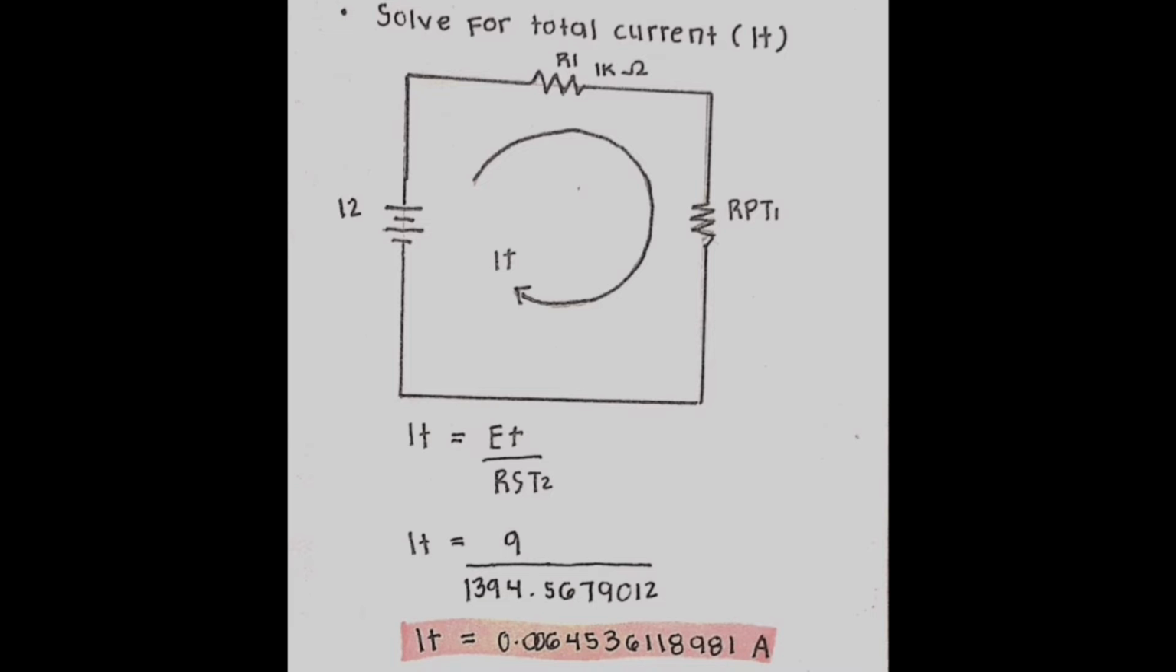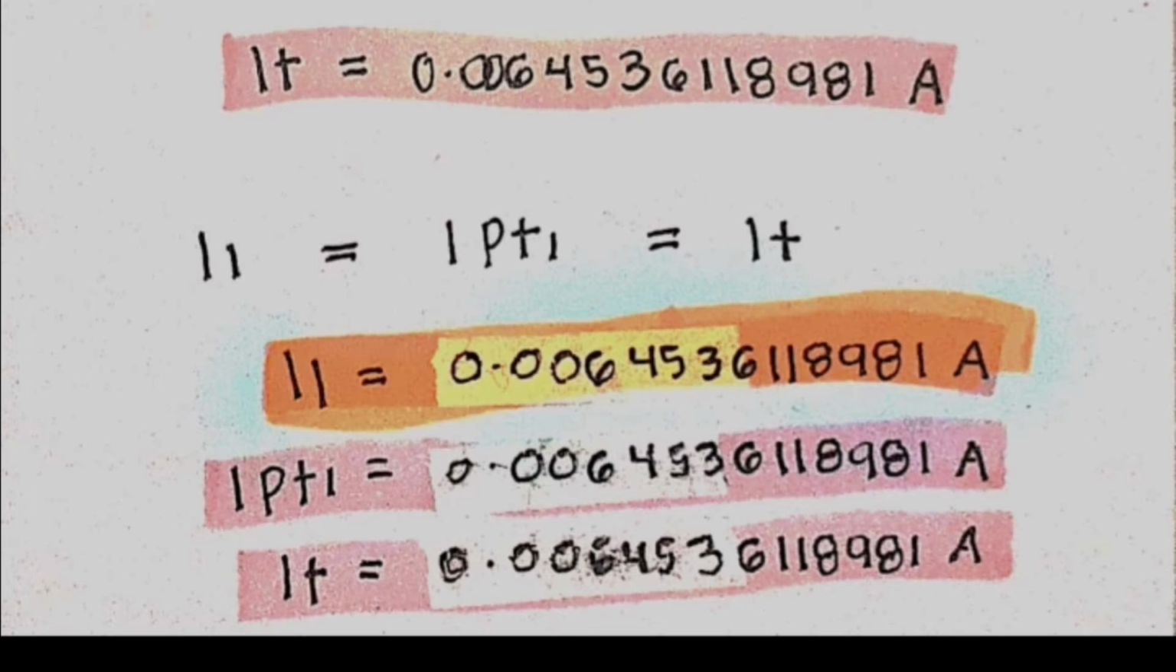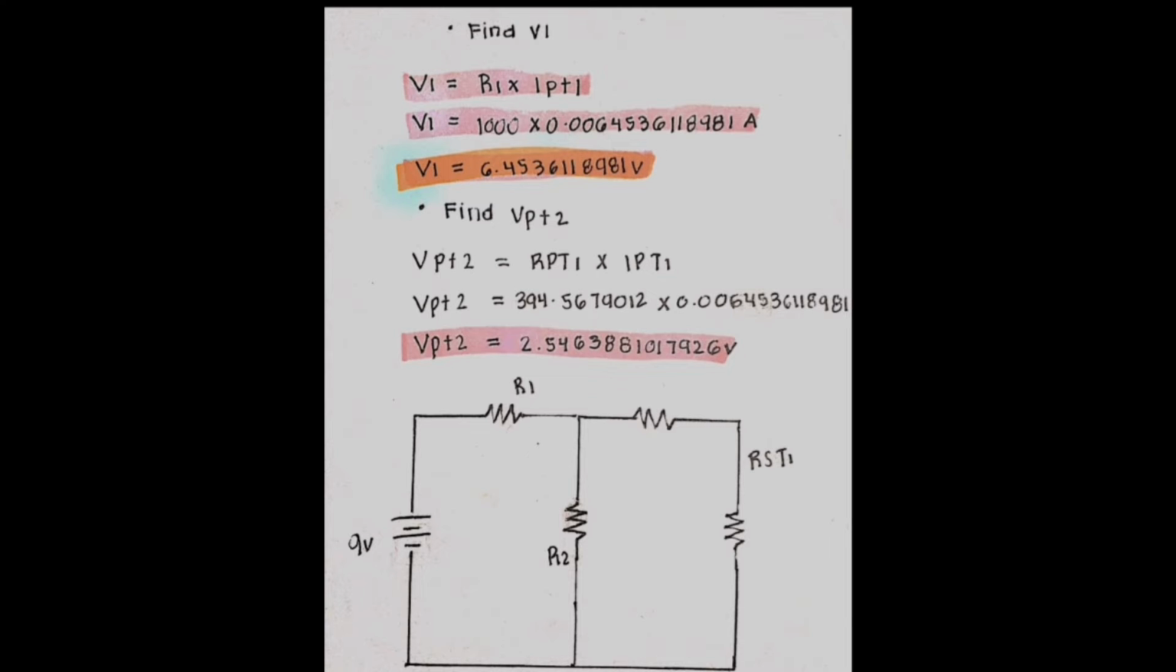To find this, apply the formula total voltage over RST2, total voltage being 9 and RST2 being 1,394.5679012, which gives a total current of 0.0064536118981 amperes. Current flow in resistor 1 is equal to the total parallel current, which is also equal to the total current. Moving on, we now have to find the voltage taken by resistor 1. We will call this V1 and the formula will be R1 times IPT1. After substituting the values and solving, we will see that the value of V1 is equal to